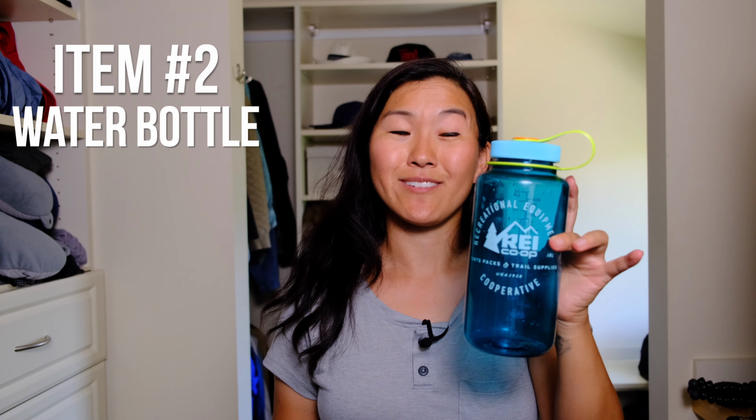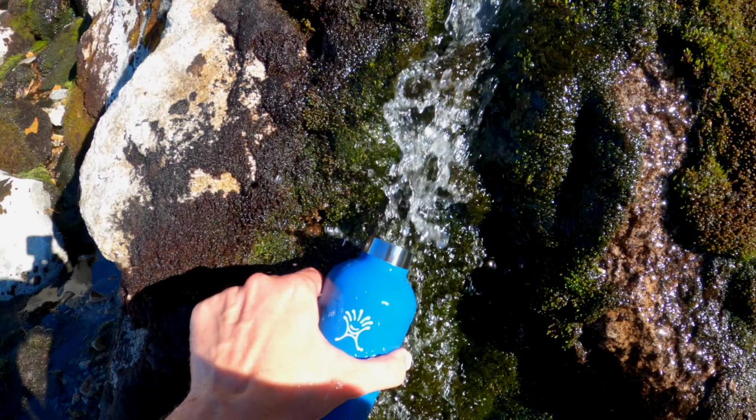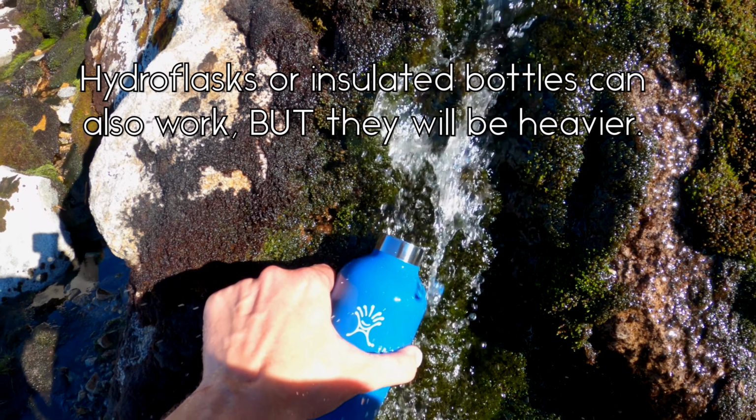So this is another good reason to get this Osprey pack. The next item that I have is my REI Co-op Nalgene bottle. It's a 32-ounce bottle, and it's just about enough water for an average hike that I do. I typically travel with about 32 ounces of water for up to 10-11 miles, and this is all the water